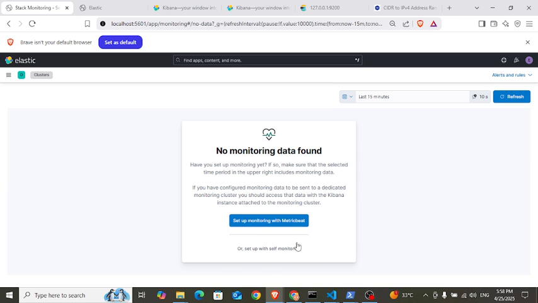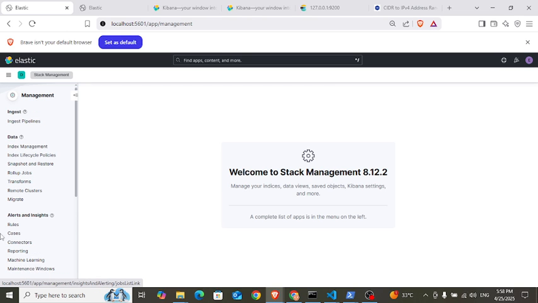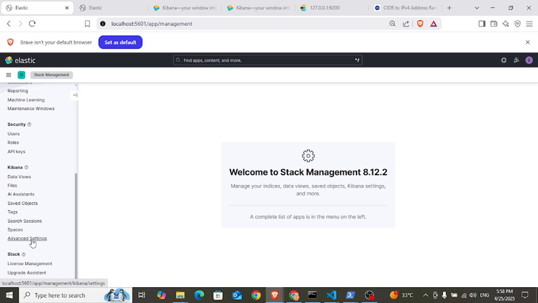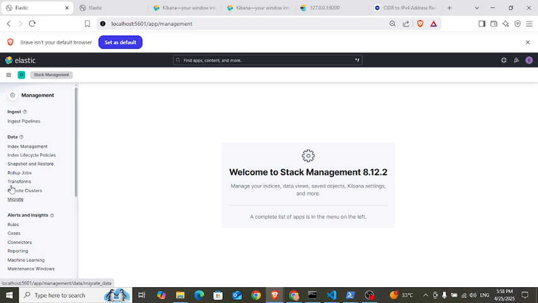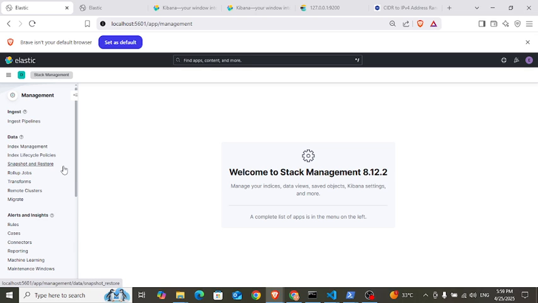We haven't set up it yet, but we will set up in upcoming, and we will learn more about it. And then stack management. If you click on the stack management, it is the management of the stack, either it's Elastic or a database. Elastic and Kibana, okay, Kibana management. The whole stack is managed from here. The ones which are available, like you see, Logstash is not manageable from here because it's not centrally managed from